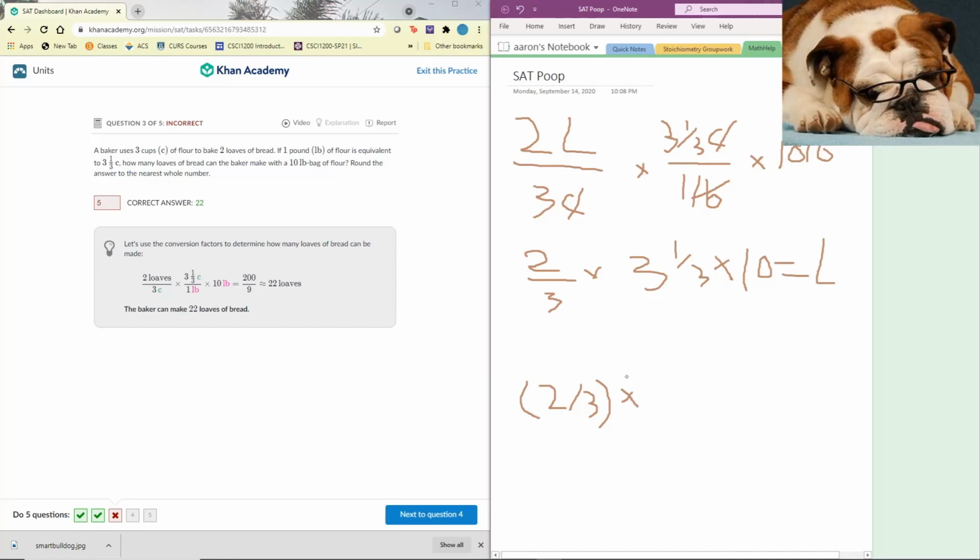Okay. Times, open parentheses. Well, 3 is equal to 9/3, and then plus another third is 10/3. So open parentheses 10 divided by 3, close those, times 10. And so once we enter this in our calculator, 2 divided by 3, close parentheses, times, open parentheses, 10 divided by 3, close parentheses, times 10 is equal to